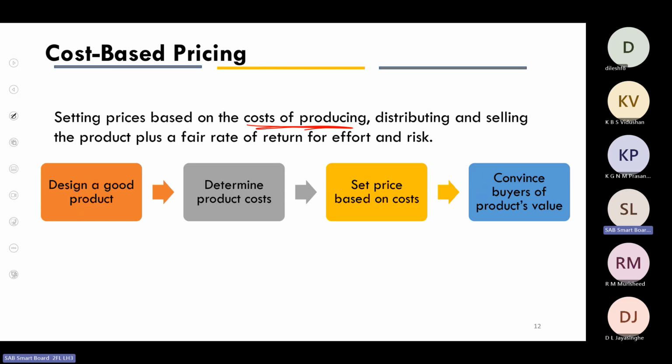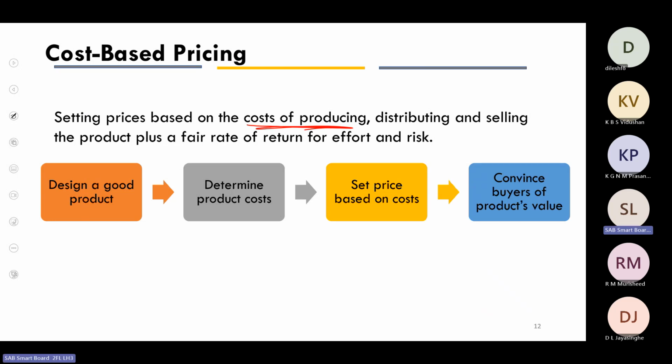It's just a simple piece of furniture, without any customization or improvements. Then based on the cost, they might be adding a markup or margin, and they will determine the price. Because there's no uniqueness with that product, no specific feature, no specific characteristics, they will just determine the price based on the distribution and other cost factors involved with that product.